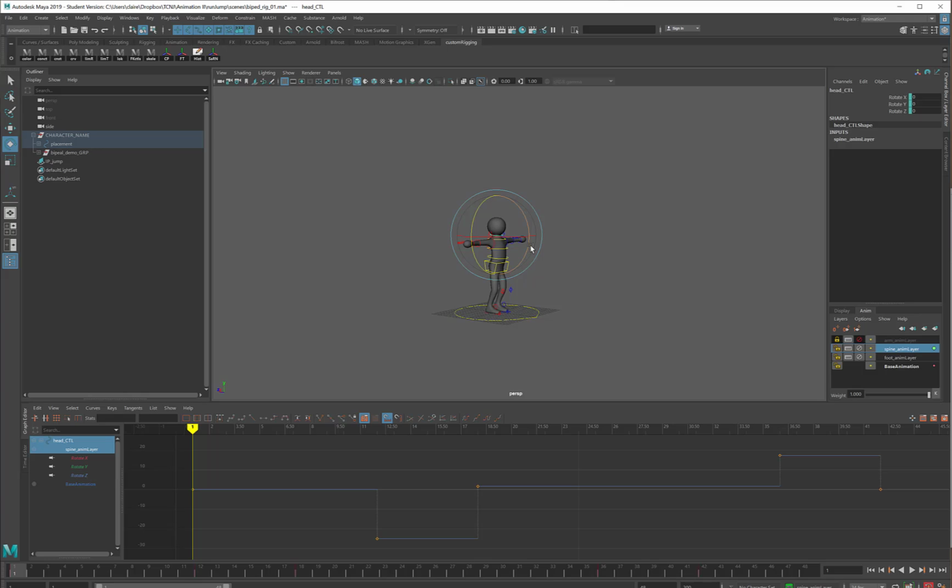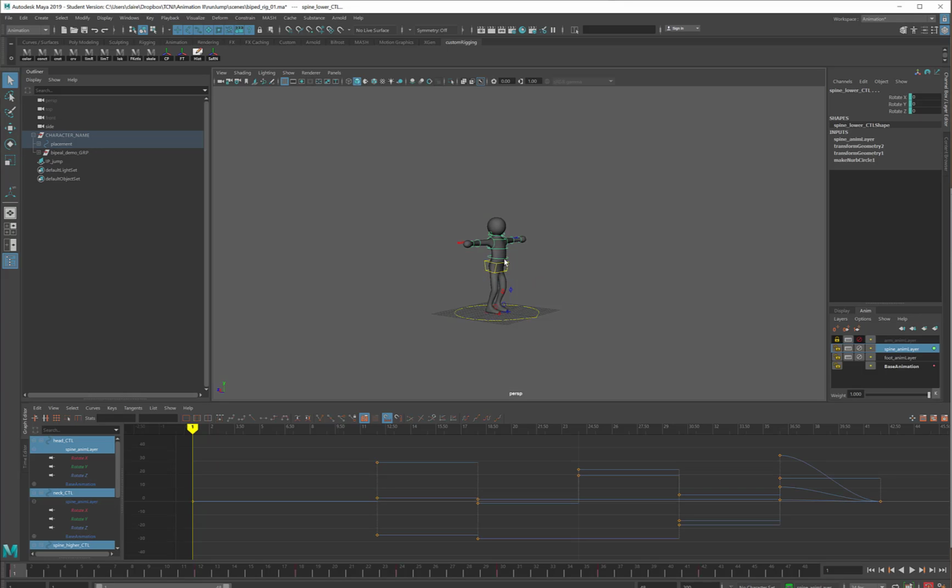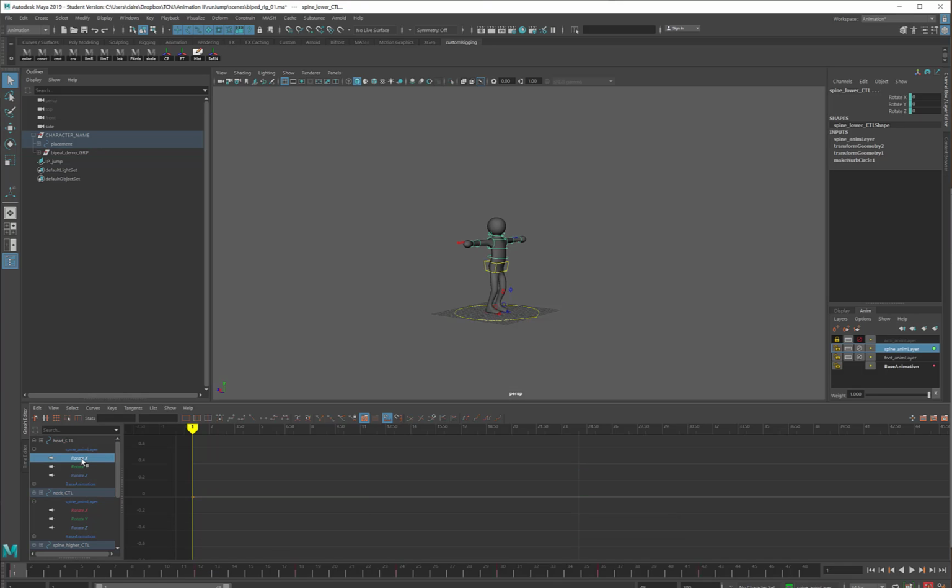On the spine, I'm animating these 4 rotate controls. I can go through them one at a time the same way, get rid of any spare keyframes that I'm not using, and as I do this, I can take the curves that I find, spline them,